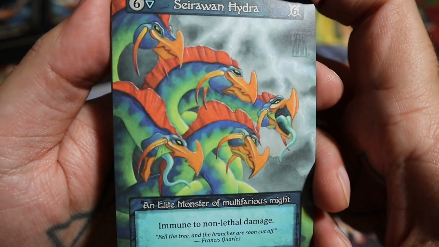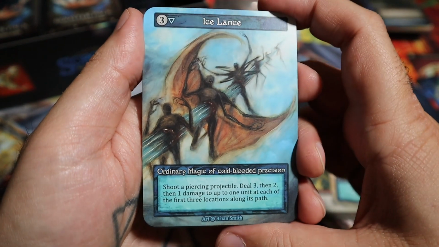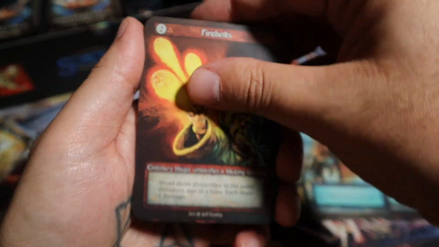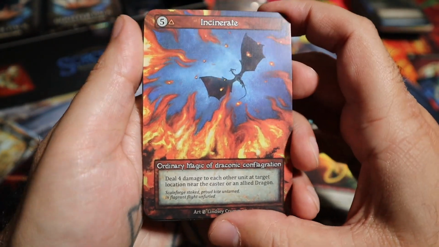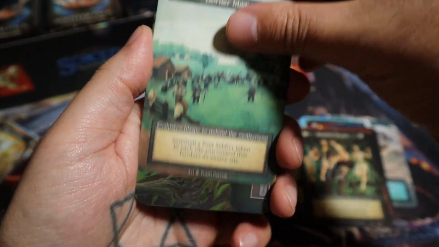Like, look at this art, man. Hydra. Oh, we have the Elite. Okay, so it's like your rare. And I heard this is very draftable, so I plan on drafting it soon, whenever that is. Probably sooner than later. It's another fun way to...